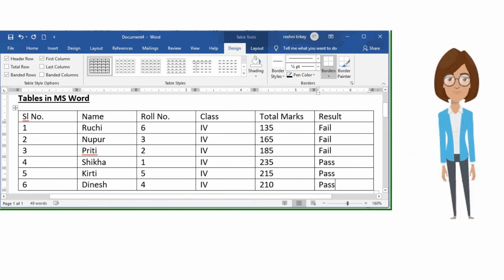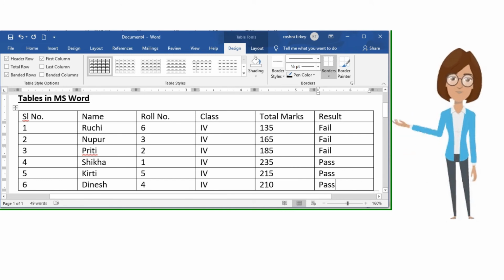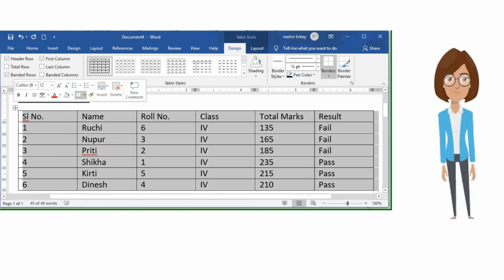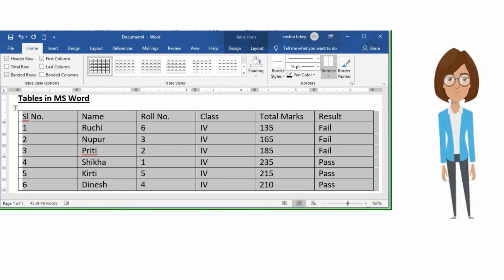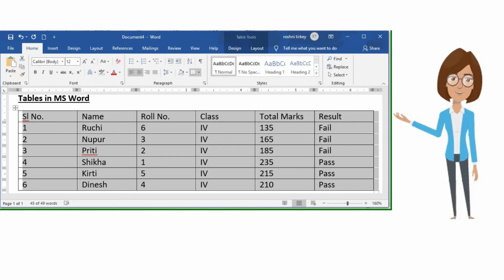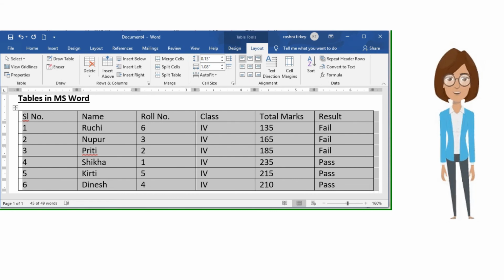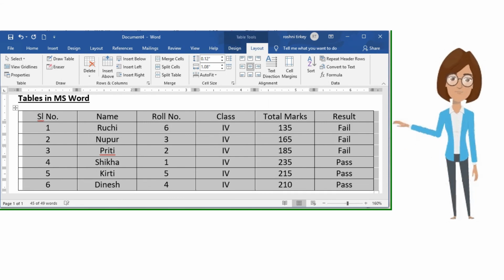Edit the text, select table, Home tab, alignment center. Layout tab, alignment center.